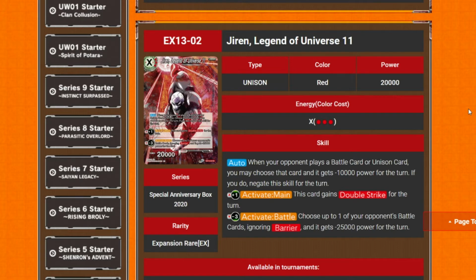Yeah. Because the Vegeta Unison card instantly dies, because it's got 5k power. There'll be quite a few of them that do, because they'll have like 10k, because you pay 2 for it. So there's potential. Yeah. So it's going to kill quite a few. Well, no, the majority are 15k though, but it makes it down to 5k, so... but then of course it targets battle cards as well. But anyway, sorry, so we've got...